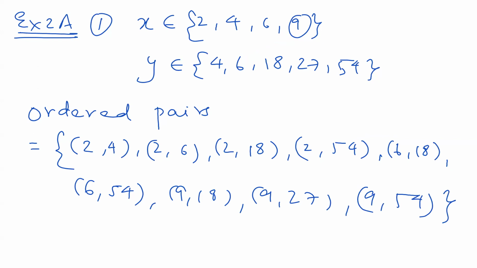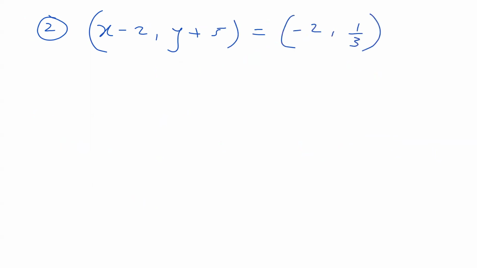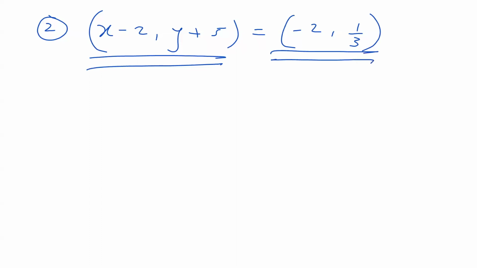Okay, let us go to the second problem, question number 2 of the same exercise. So the ordered pairs are (x minus 2, y plus 5) is equal to (minus 2, 1 by 3). So what are you observing over here? The thing that we are observing is, in the left hand side we are having an ordered pair, in the right hand side we are having an ordered pair, and an equal to sign is given in the problem. So by comparing,